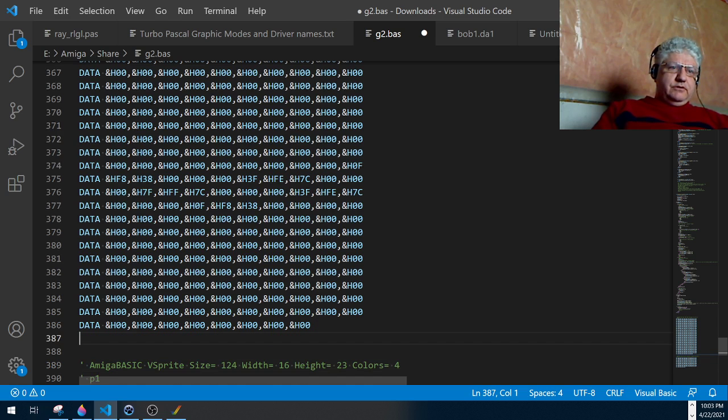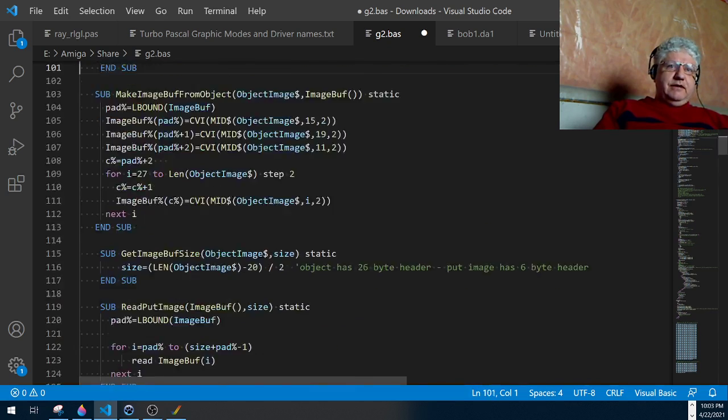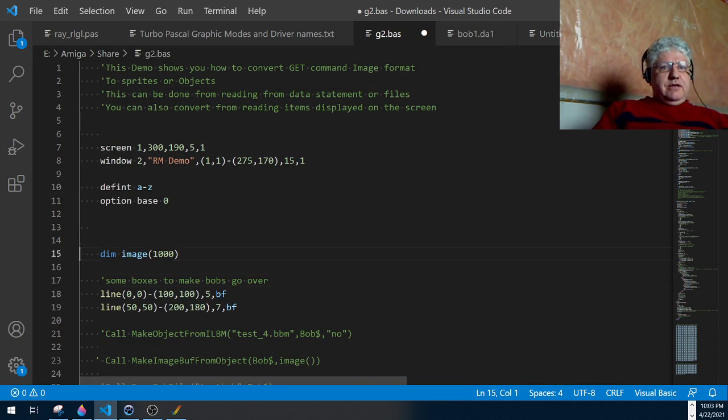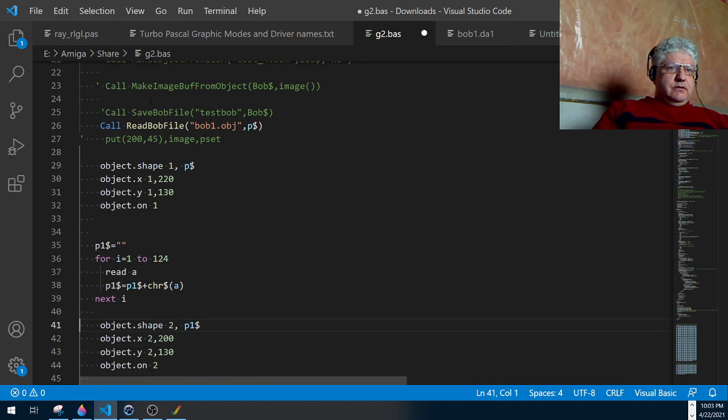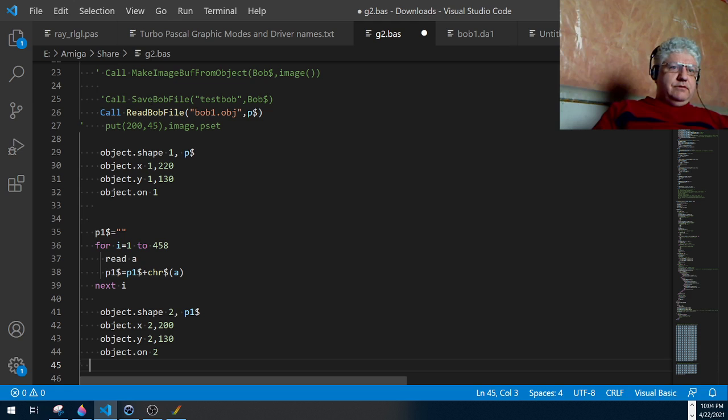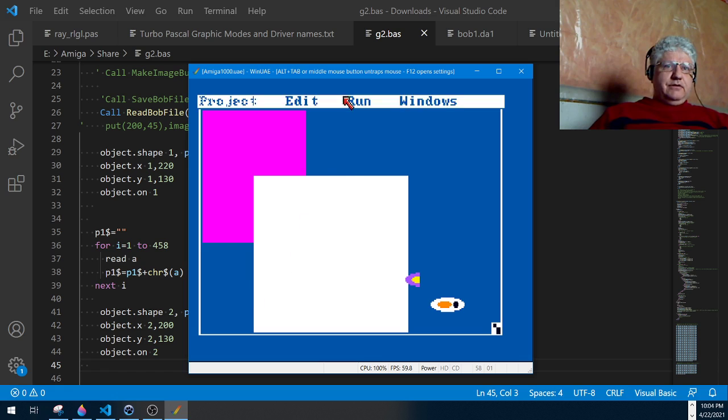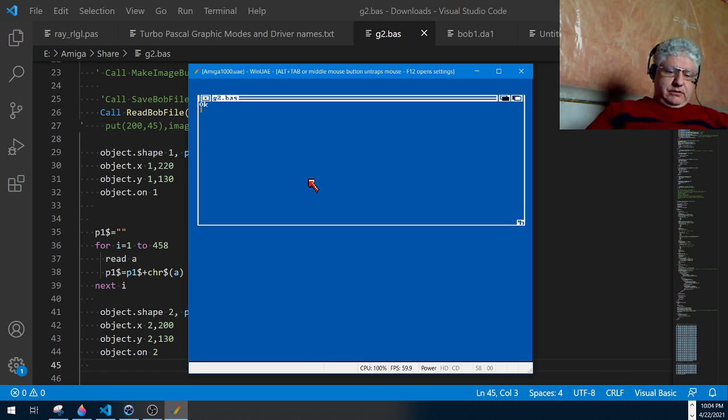All right, make sure there's a line feed here so we don't have the same problem as before. And change this to 458. And this will load the new Bob instead of the VSprite. So let's save that. Come back here again. Stop. Load g2.bas and